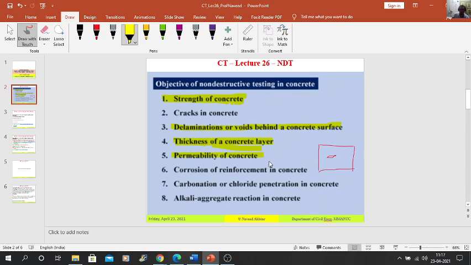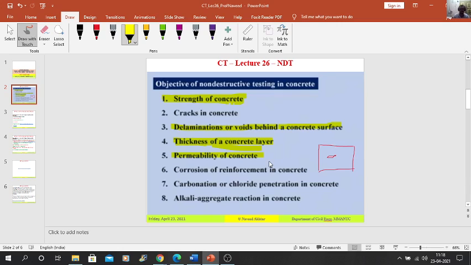Also the corrosion of reinforcement in the concrete due to the attack of water or sulfate or carbonation of concrete can be found out from the NDT methods. And also the aggregate reaction causes anomalies and defects in the concrete, and that can be found out through the NDT method, and the measures are to be taken.